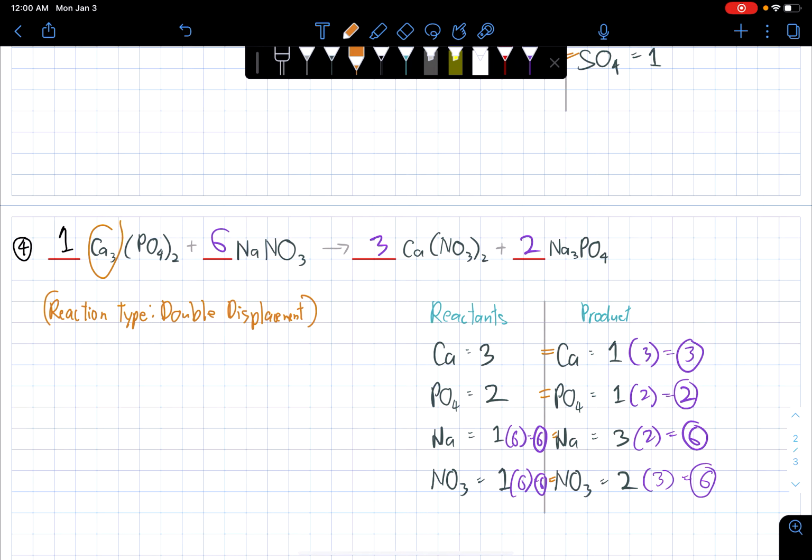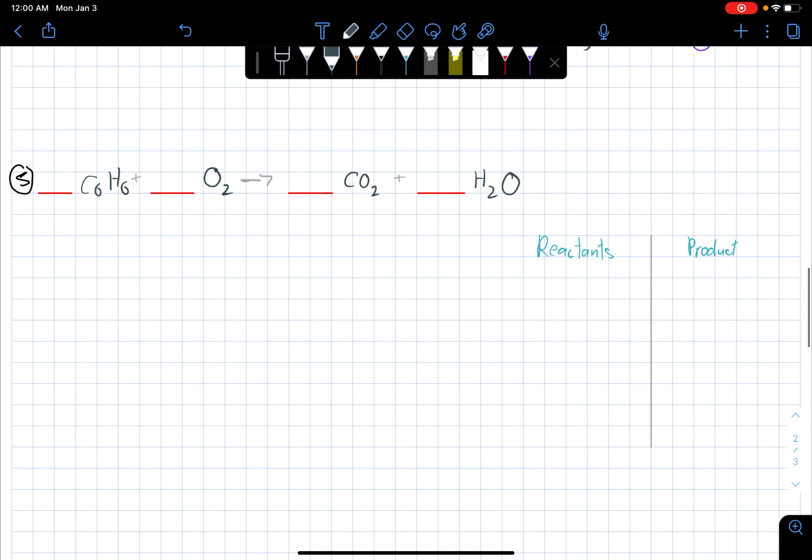Since calcium used to hang out with PO sub 4, now it hangs out with NO sub 3. And for Na, it used to hang out with NO sub 3, now it hangs out with PO sub 4. So there's an exchange, double exchange. Number 5,